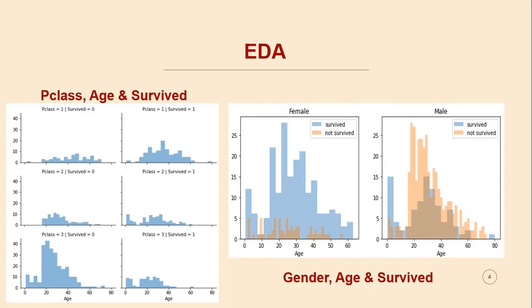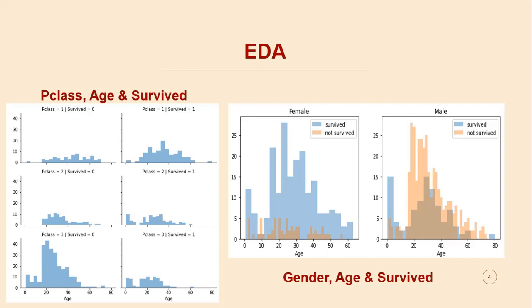Moving to what amount of people survived, we can see that people from passenger class 1 survived in maximum number compared to passenger class 2 and passenger class 3. So using these graphs we can conclude that passengers from passenger class 1 survived in great number, and passengers from passenger class 3, including age from 18 to 45, that is the younger population, died in huge numbers.